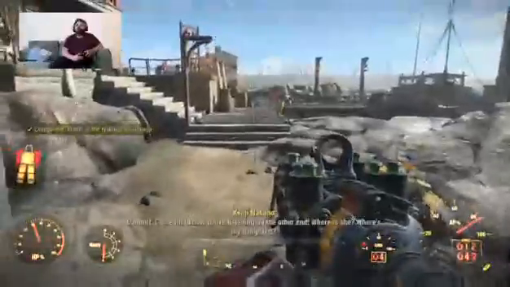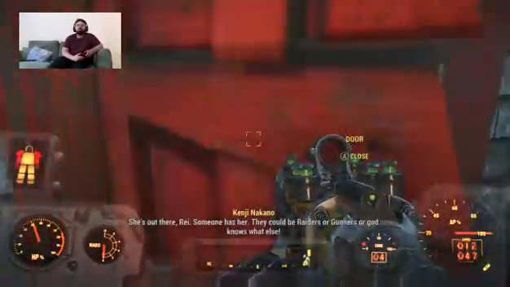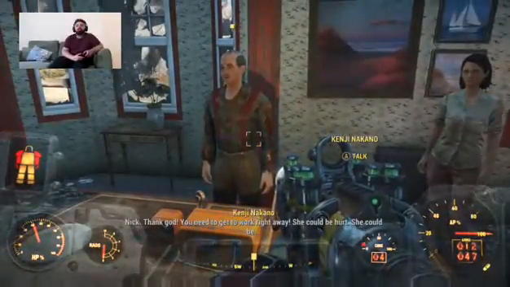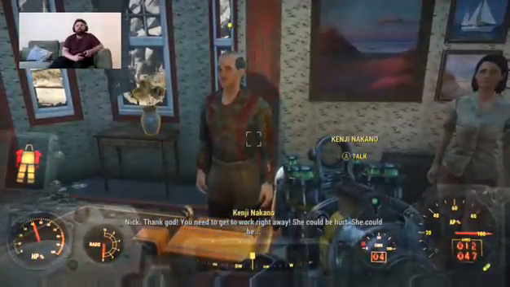Damn it! Come in! I know you're listening on the other end. Where is she? Where is my daughter? Kenji, please. We've been at this for hours. Stop. You need sleep. She's out there, Ray. Someone has her. Raiders or gunners or God knows what else. I hope you don't mind. We let ourselves in. Nick, thank God. You need to get to work right away. She could be hurt. She could be...